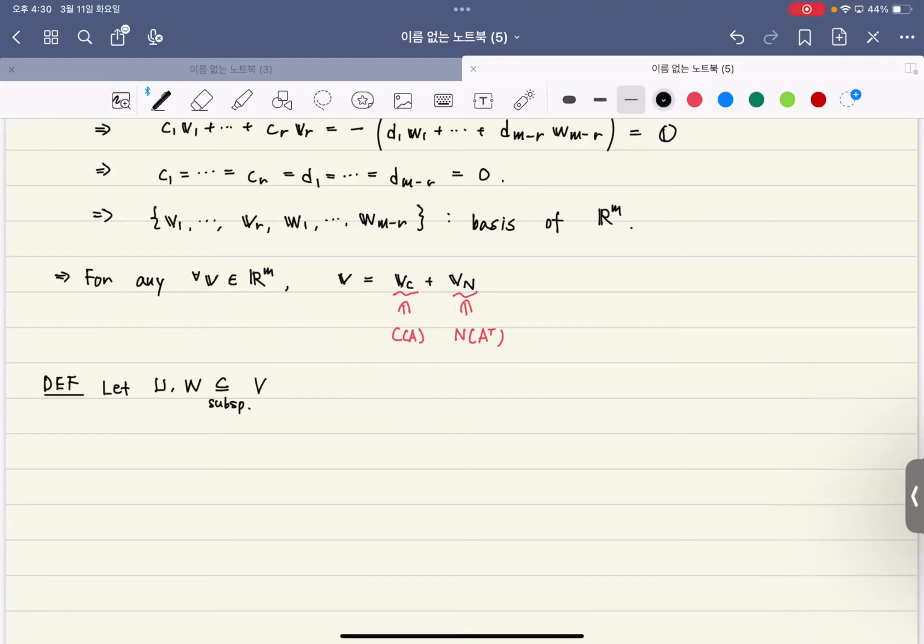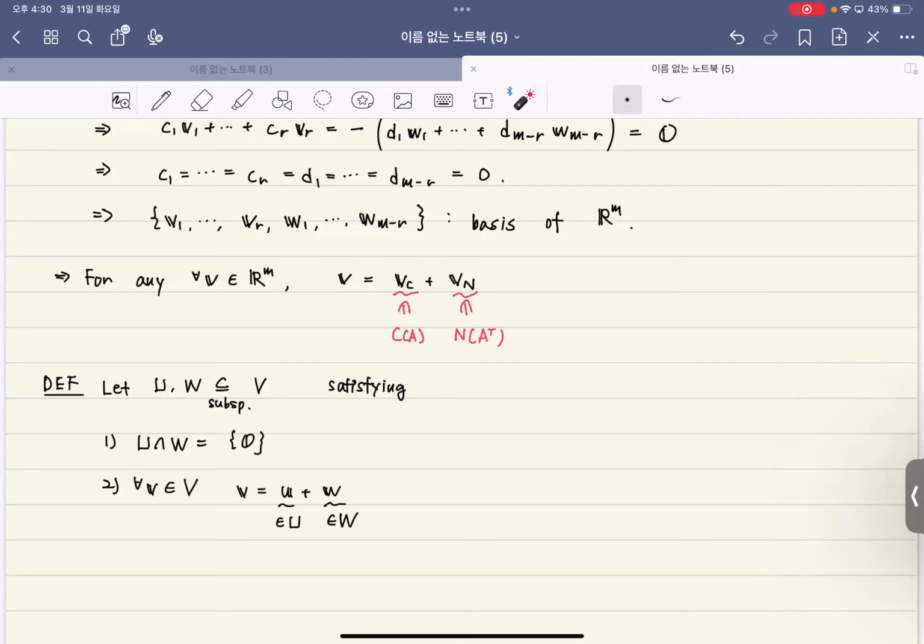Suppose that I have two subspaces U and W of vector space V satisfying the following two conditions. U intersection W equals the zero vector. And every vector in vector space V can be uniquely written as the sum of a vector in U and a vector in W. So if these two conditions are met, then we say